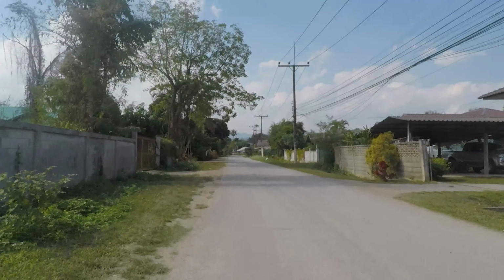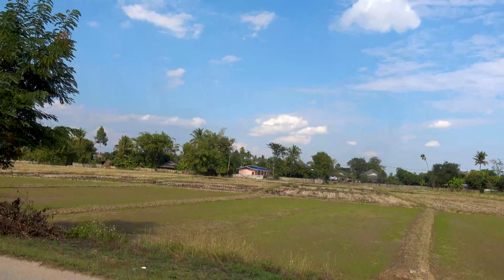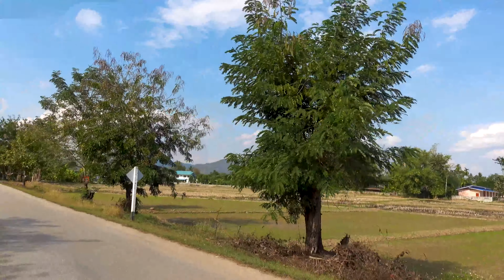Time to get back on the road. Just 5 kilometers up to Singha Park. And I hope there will be fewer people and more nature to see. And maybe some beer, Singha beer. That's the Thai countryside. There's nothing here, just rice fields, some cows, some buffaloes, and people doing agriculture, doing rice. And I'm just riding here on a bike,